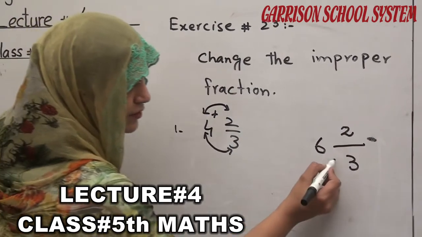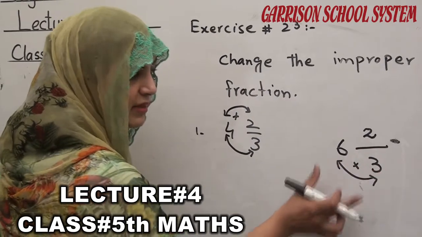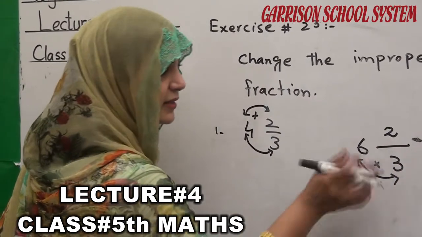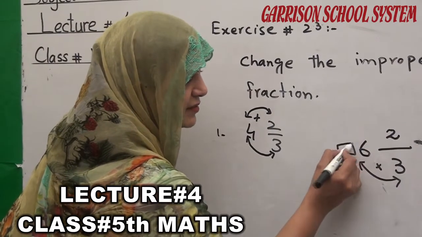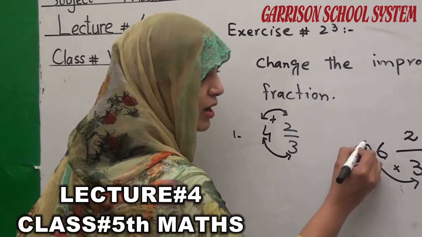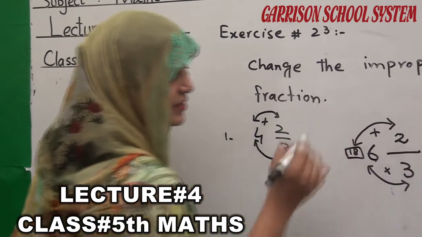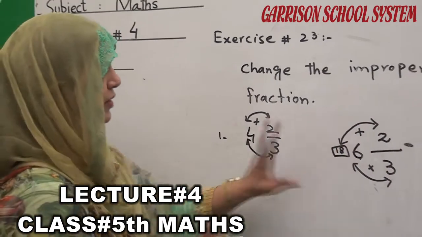These both numbers will be multiplied, for example 3 times 6 is 18, and then the answer will be added to this number. Here comes the sign of plus. So in this way